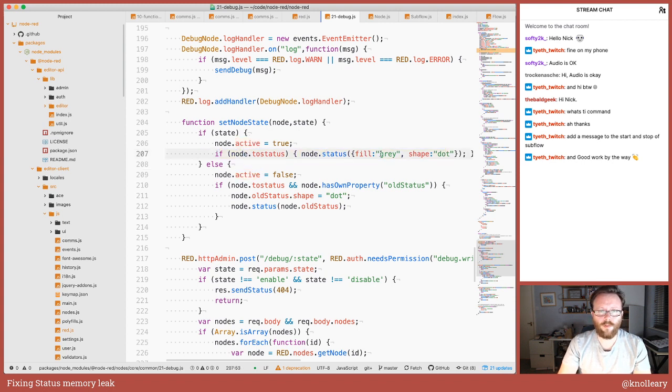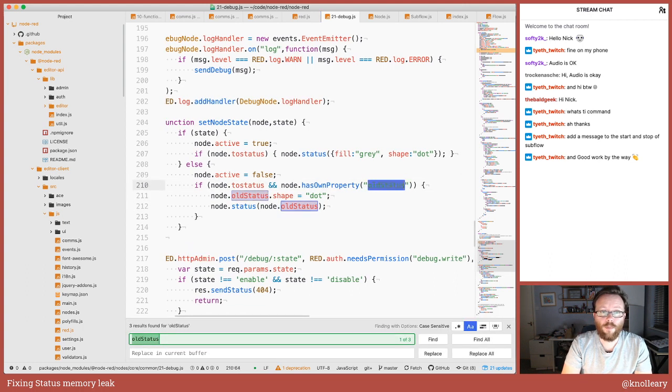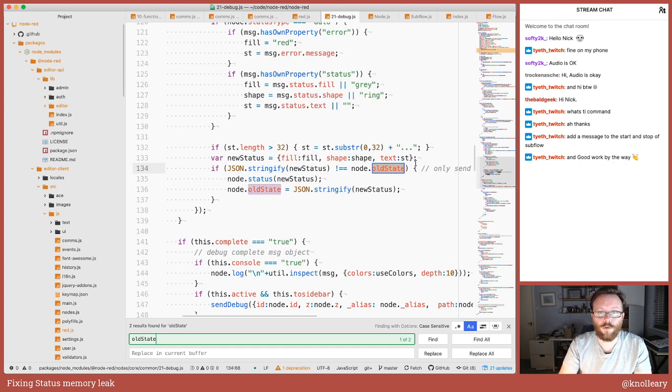It's got this stuff that clears the status, or restores an old status when you unmute one that had old status. I know this is duff code because it's looking for a property node.oldStatus, and there is no code in this file that sets oldStatus. Now, there is code in this file that sets oldState. So I think there's a bit of a typo here,